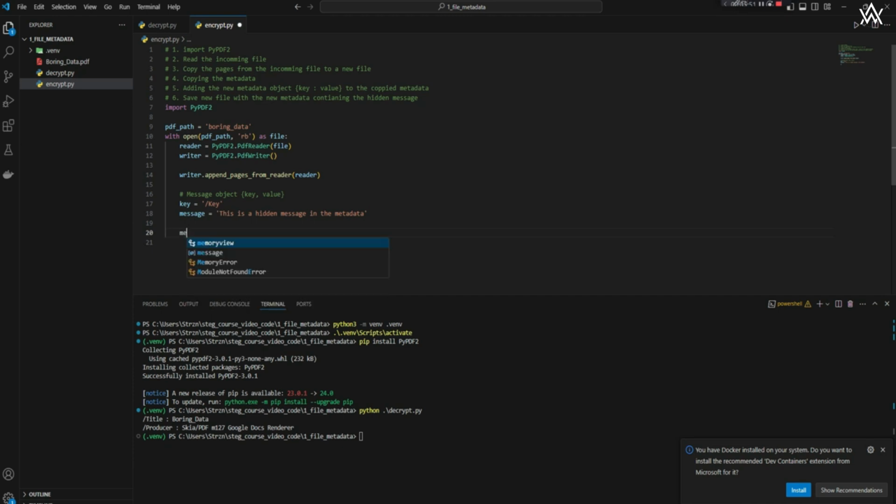So we're going to say metadata is equal to reader.metadata. And so this returns that metadata, I'm sorry, not metadata object. Well, it is an object, but a metadata dictionary, which has the key value pairs. And next, we're not even going to read over or anything. We're just going to say metadata.update,